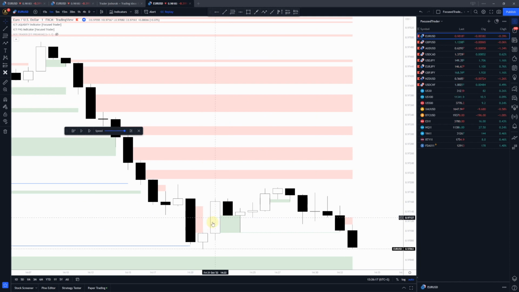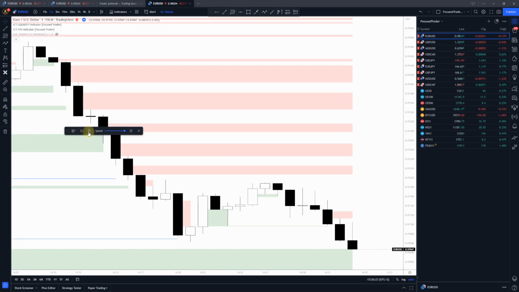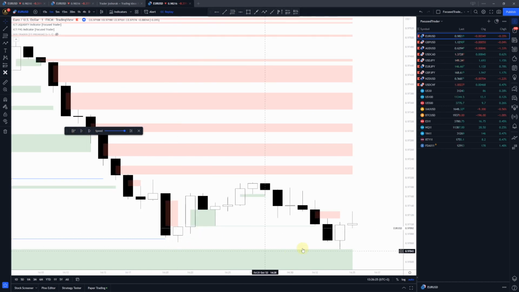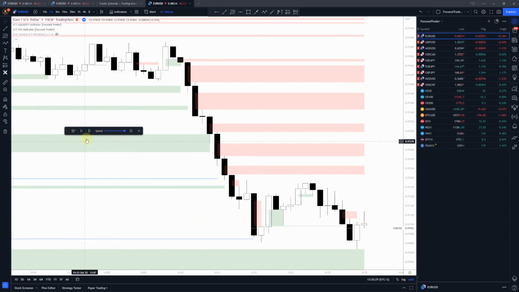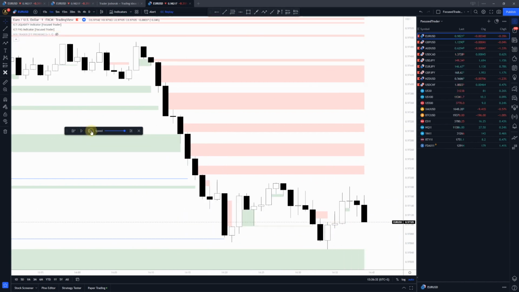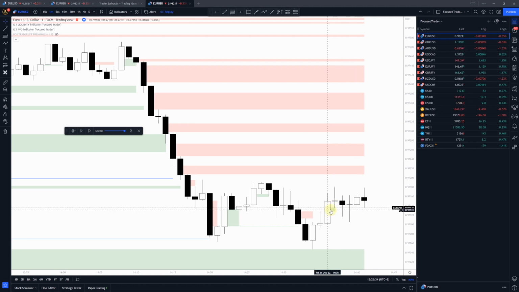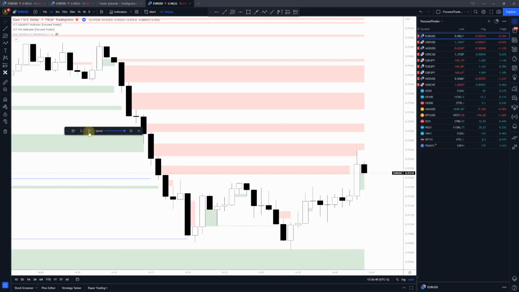So you see, big candle, fair value gap gets closed, and there is some continuation to the upside. And if we play this a bit, you see that this low was taken, and then some small reaction is happening. So let's continue for a while. You see very small fair value gap created there, immediately closed by this candle, and then there is some more consolidation,